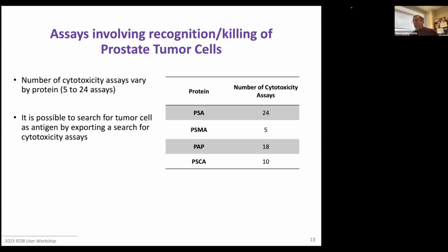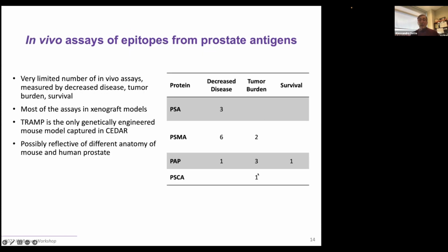Another knowledge gap that we noted is that in the cancer setting, to show that the T cell associated with a particular epitope is capable of recognizing or killing a tumor cell, there's very little in terms of antigen assays that have been described involving recognition or killing of tumor cells, and the numbers are shown here. Likewise, there are very few assays involving in vivo epitope assays. And so here you see